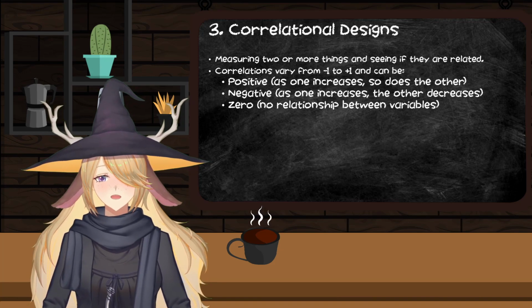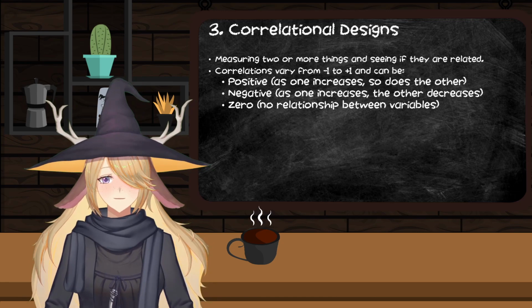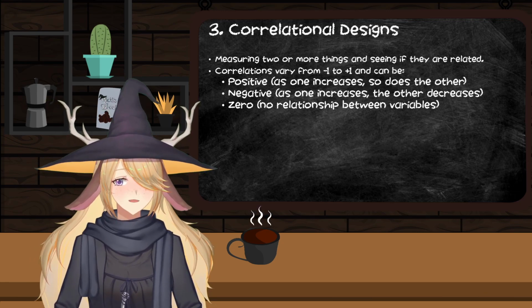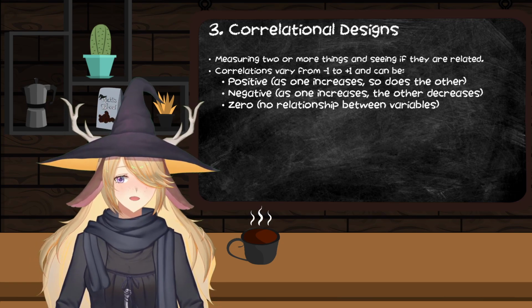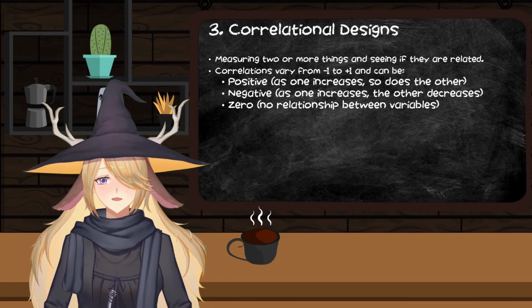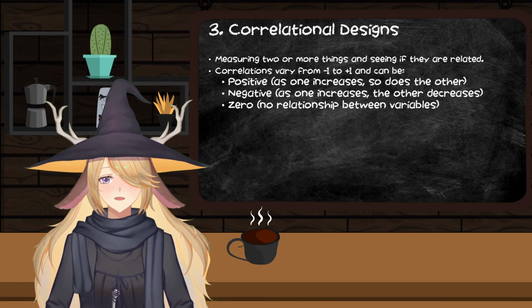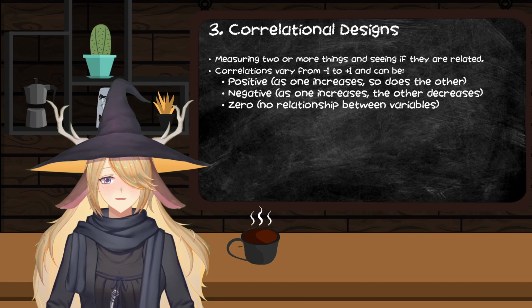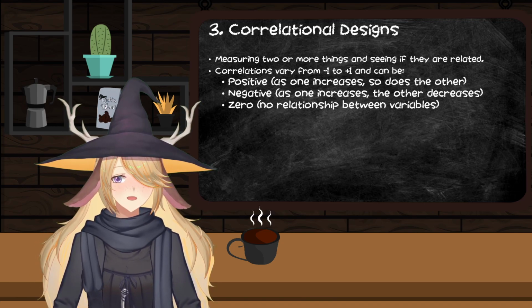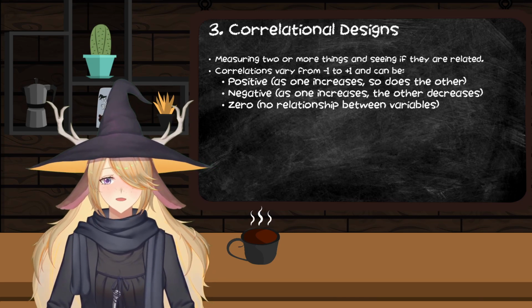When it comes to correlations, we tend to measure them with what we call an R value, or Pearson's R, or R squared, which ranges from -1 to +1, and can either be positive, negative, or zero. Zeros are less common. Positive correlation means if one value increases, the other is more likely to increase. Negative means that as one increases, the other is more likely to decrease, and zero means there is no correlation between variables.